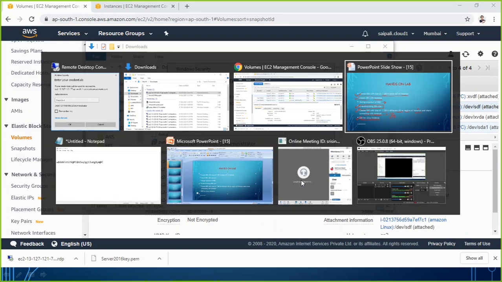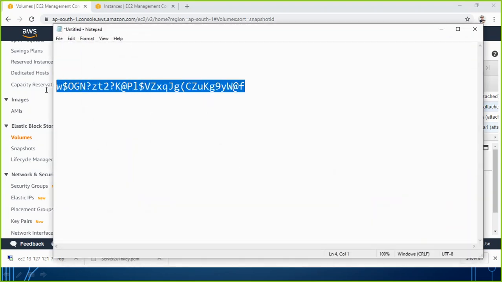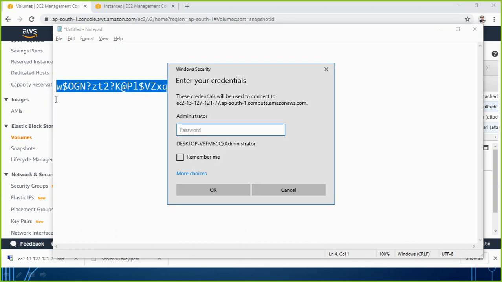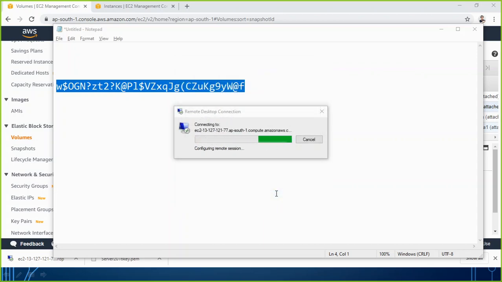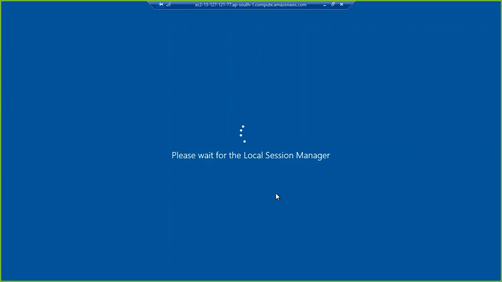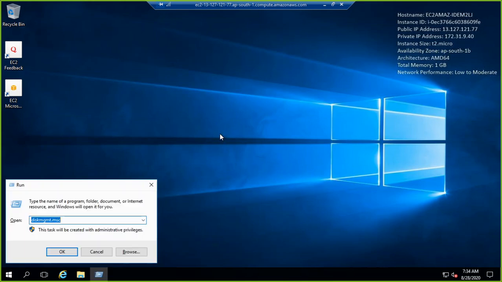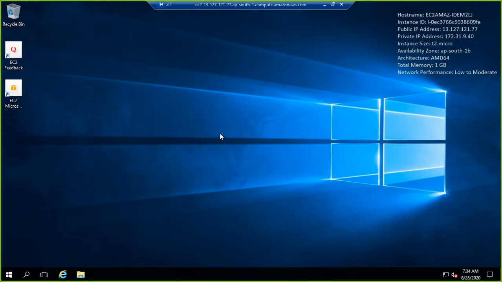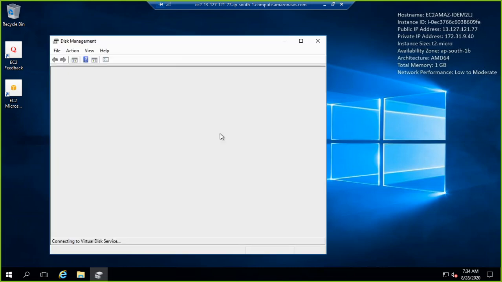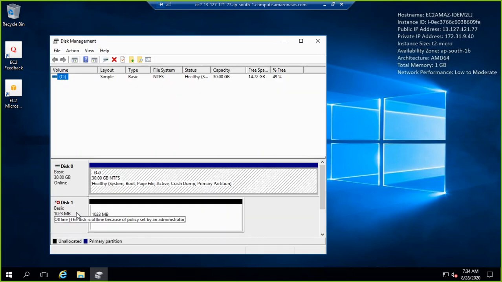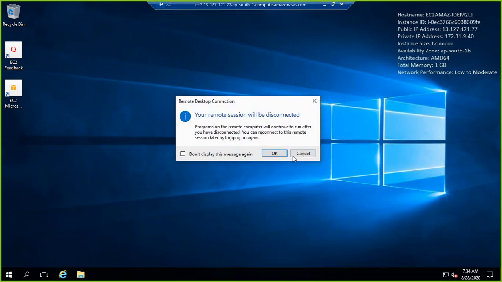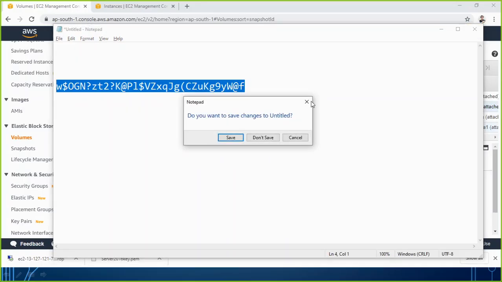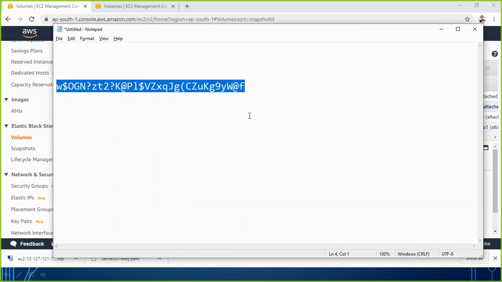I need the password. So the password is this one. So here we are again trying to access that server machine. We go to disk management of this machine. Okay, it looks like it's still showing. So it may take some time, or maybe we can do a restart to this machine also. Otherwise, generally if you just wait for some time, this result is going to be reflected.